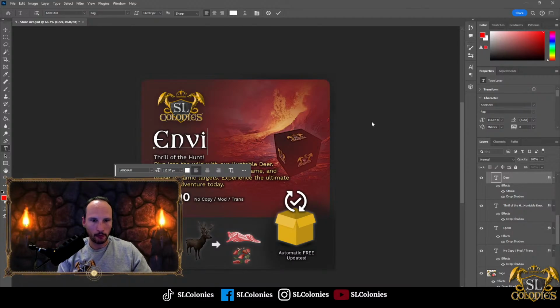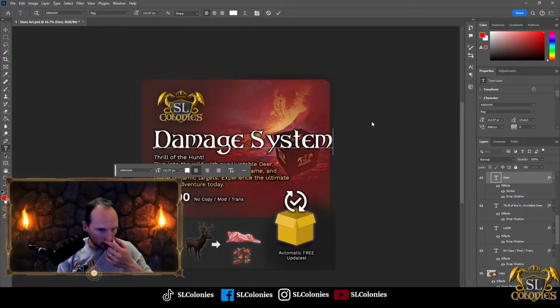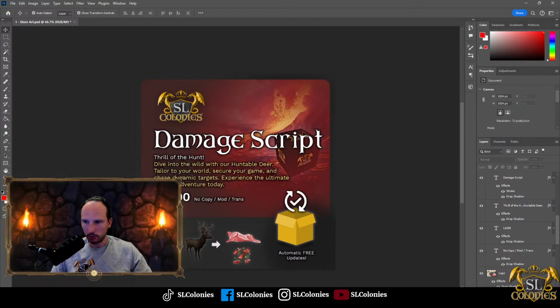Damage. Damage system. Script. Damage script. That'll fit in there. Still too big though. So